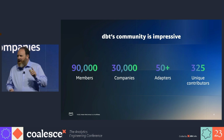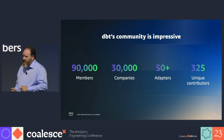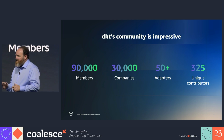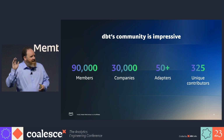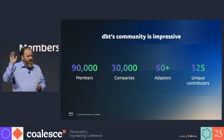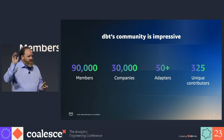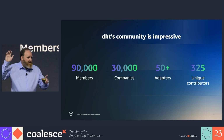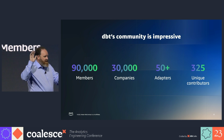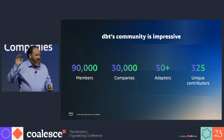So I want to take a quick informal poll, and I know that we are slightly skewed by the fact that we had a party last night. But if you've opened a pull request against DBT Core or an adapter or something in this space, will you raise your hand? Okay, keep these hands up. We're going to clap in a minute. You're going to clap for me, but